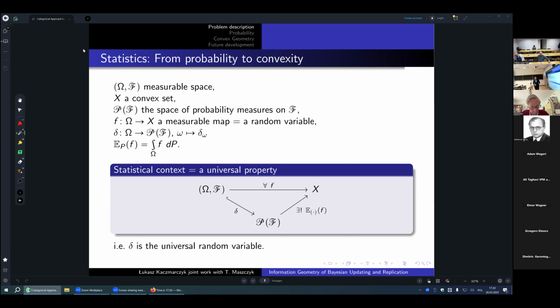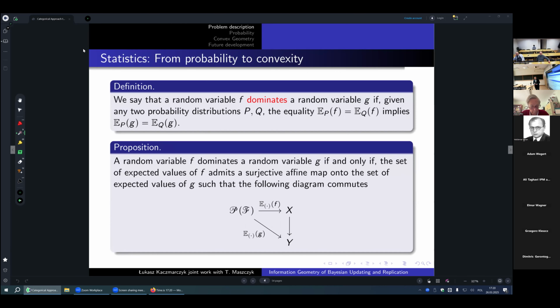And because of that, we can exchange measurable maps between measurable spaces for affine maps between convex spaces, because all the probability measures are a convex set. Second of all, this way of looking is quite nice,